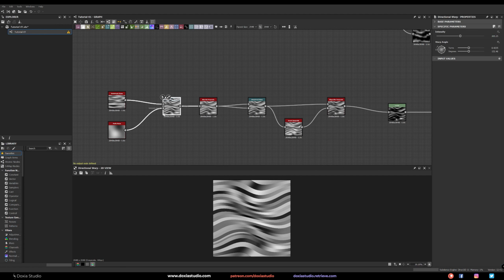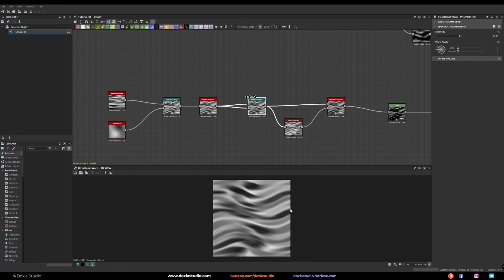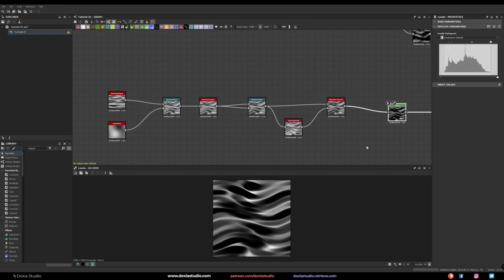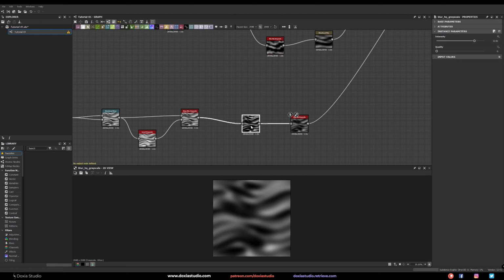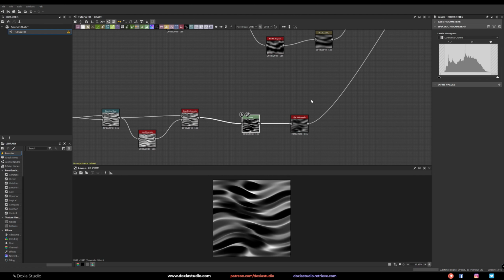So again, directional warp controlled by a Perlin noise, blur, directional warp on the same with 0 angle just to get different shapes, as you can see, just to open up those black spots. Slope to get those hard edges, levels to increase the black spots or increase the contrast, blur because it was too detailed here, and I just had the other 3 with details. This one was just to fill up the gaps.